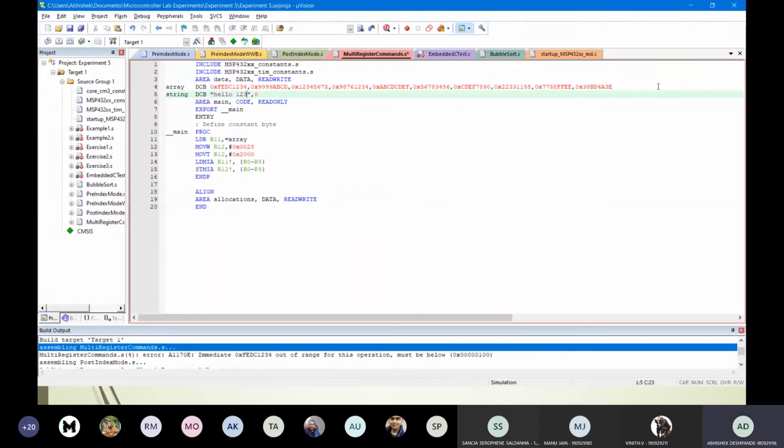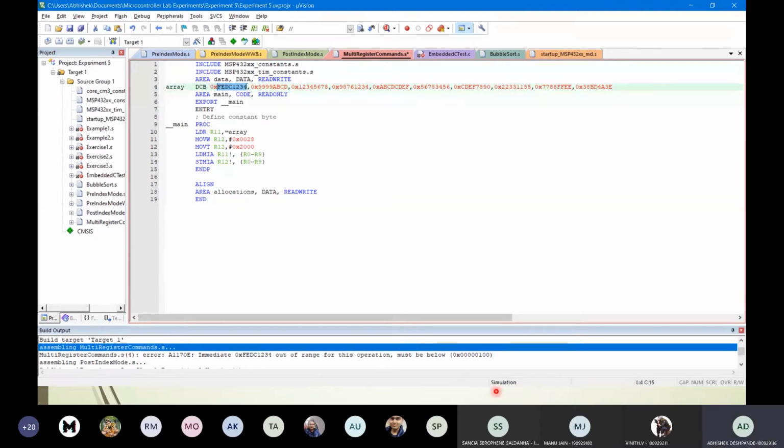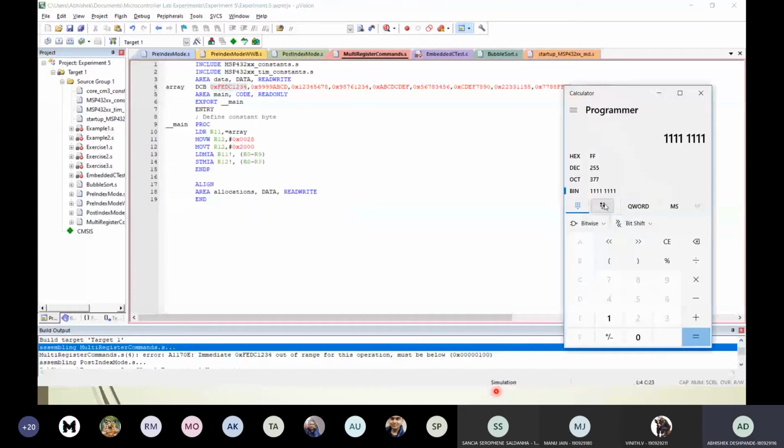two hex values next to each other. All right, so that's how you define a string. But now we have a problem, right? Because we want to store a full 32-bit value into our memory, but we can't do that. Let's say we wanted to store a slightly larger value, but not 32-bit. So let's say we wanted to store